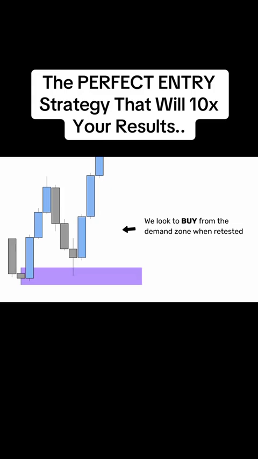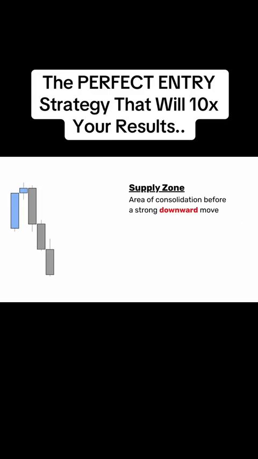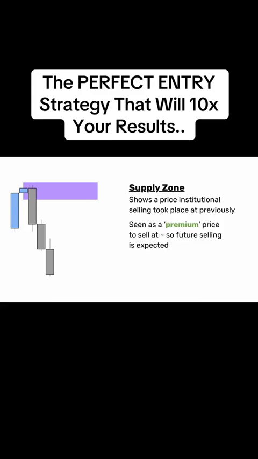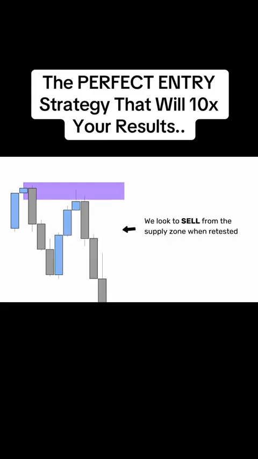institutional buying kicking in. Now, if you haven't already guessed, a supply zone is just the same, but the other way round. It's an area of consolidation before a strong downward move, which would be visualized like this. Again, it's drawn as a box, and I use the rule of using the last candle before the impulse to mark my supply zones. This shows a price that institutional selling took place at previously. It's seen as a premium price to sell from, so future selling is expected once the market returns to this level. Here we look to sell from the supply zone when retested, expecting more institutional selling to kick in to